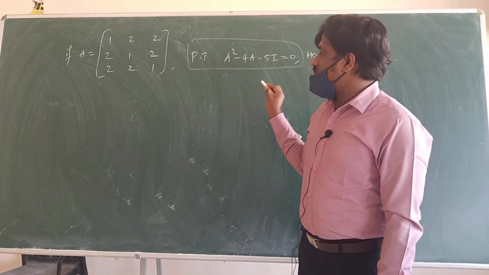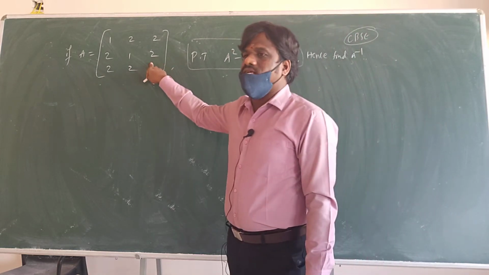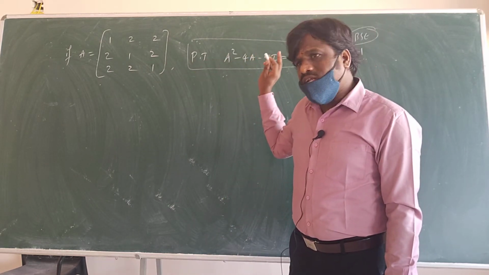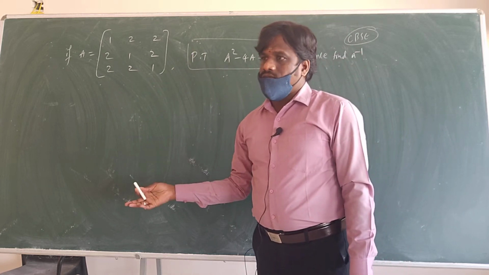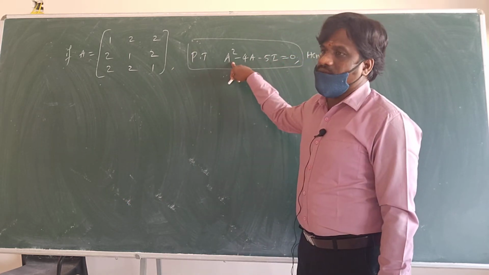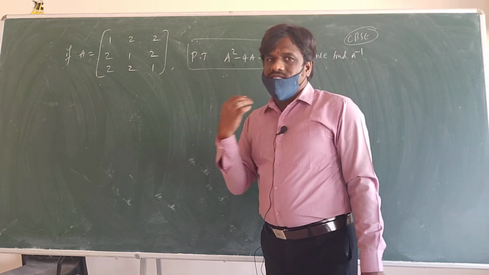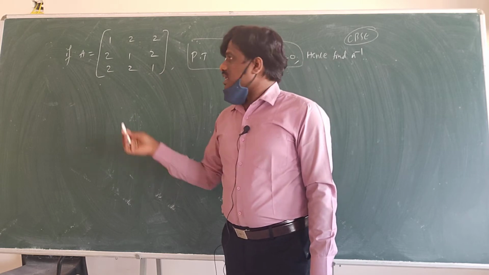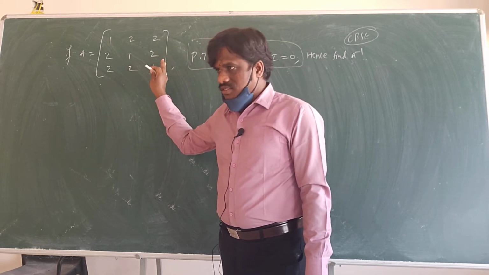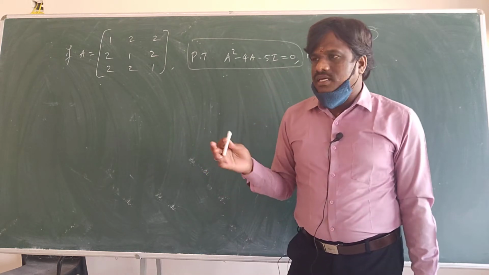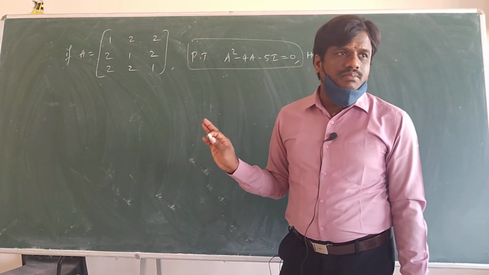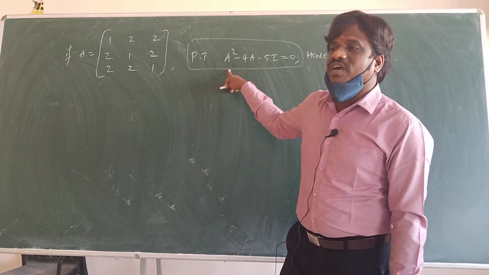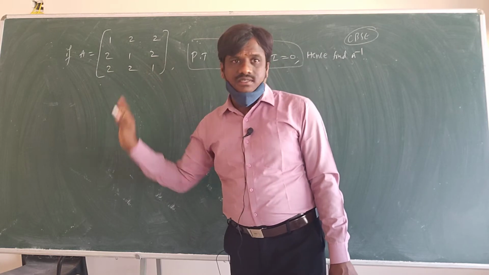Okay, using the Cayley-Hamilton theorem, for this matrix this is the polynomial. Not only this polynomial, it can be another polynomial also. Here the required polynomial is of degree 2. It may be of higher degree; every matrix has a polynomial equation of any degree. It can be second degree or third degree or fourth degree, any degree according to the question. But here second degree is given, so we are going to find a polynomial equation of second degree here.